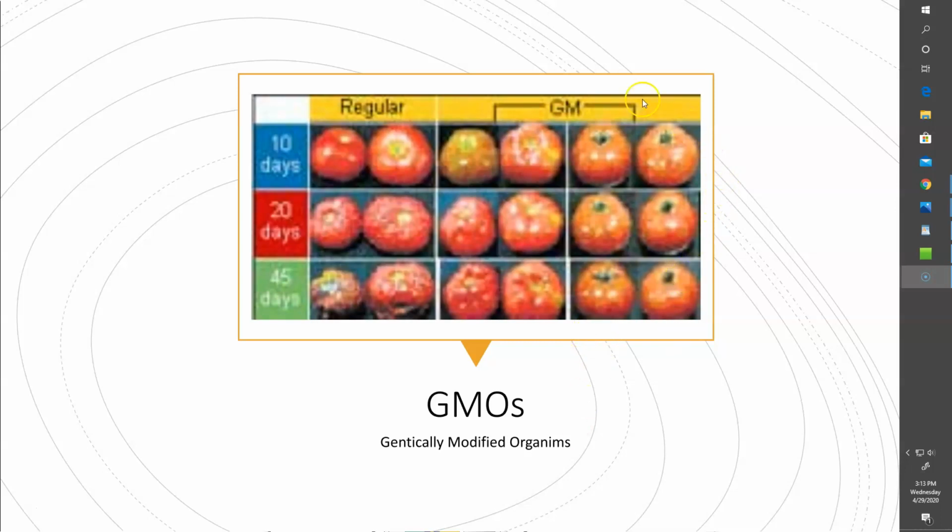And here is a picture of one aspect of genetically modified organisms. Sorry for the blurriness of the photo. When I blew it up, it got grainy on me, but I think it's readable. So you have the irregular tomatoes, and you have 10 days, 20 days, 45 days, and you can see that they're kind of moldy and gross after 45 days. And then in this last column, the genetically modified tomatoes, after 10, 20, or even 45 days, they're looking